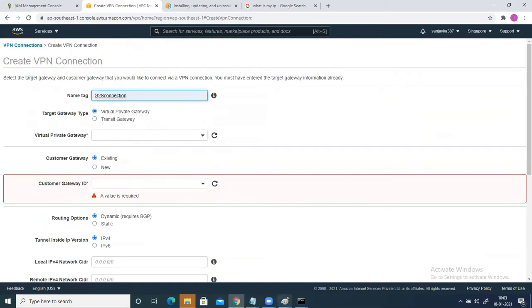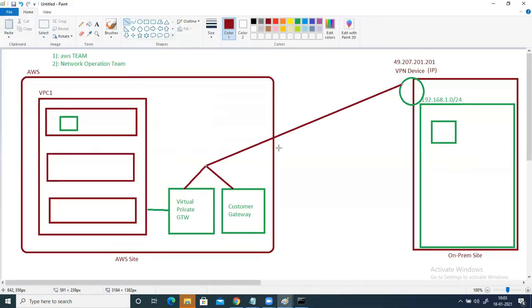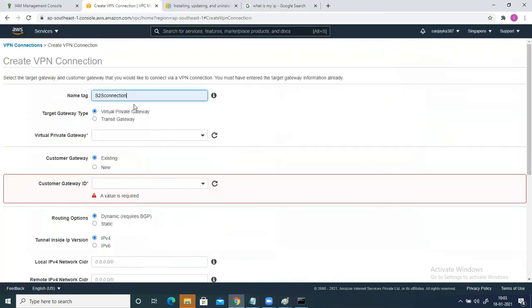And one thing you need to understand is that this time I'm trying to establish connection in this direction. Or you can call it site-to-site connection one also. So basically this is the name of this connection.